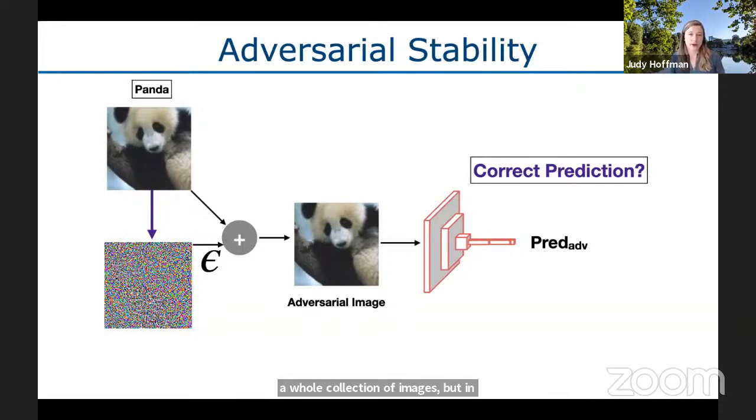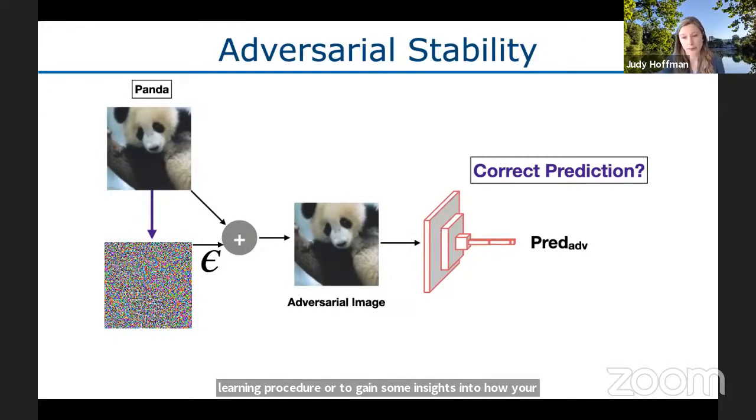But an equally valid question to ask is how vulnerable is a particular image to being manipulated in this way? And once you start thinking about that, you realize that you can leverage the fact that there's a spectrum of instances, some that are less vulnerable and some that are more vulnerable. And you can explicitly use that information either to improve your learning procedure or to gain some insights into how